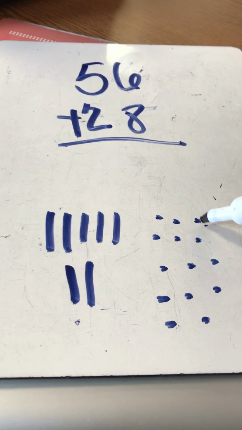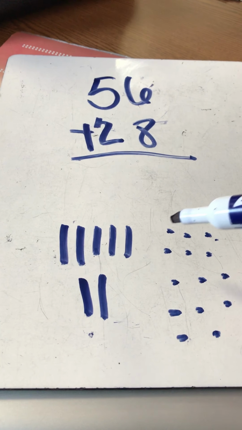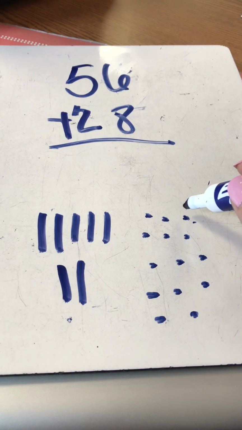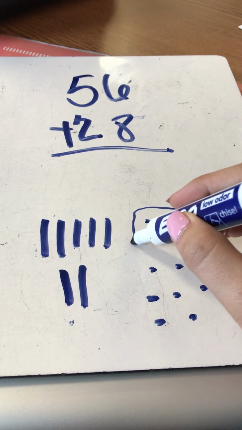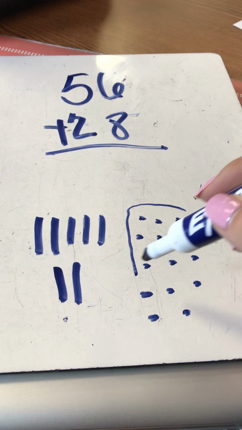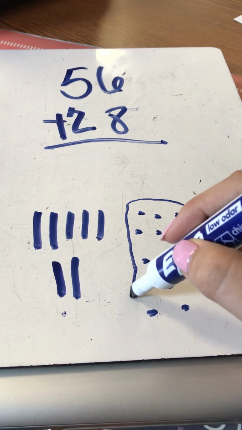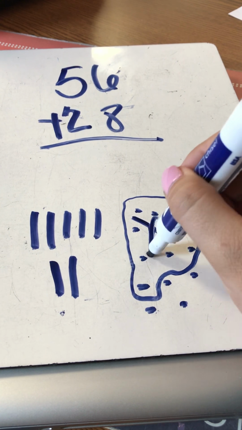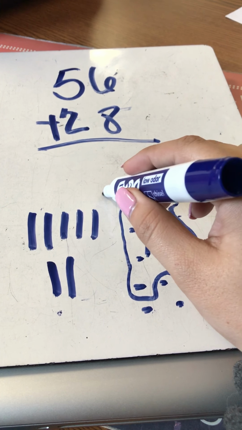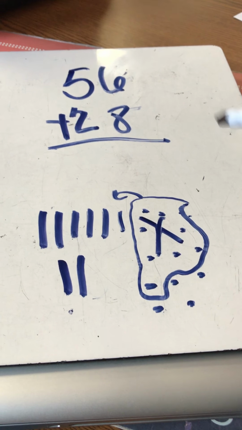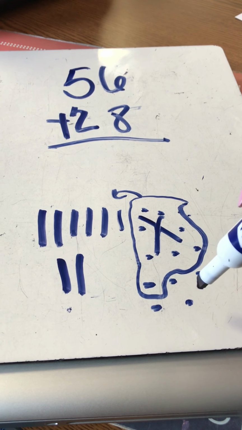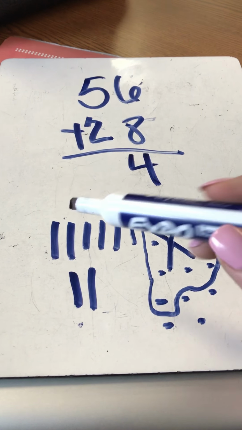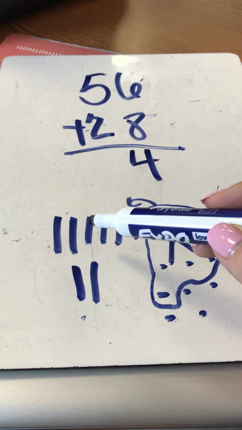So we take 10 of these because it takes 10 of them to exchange it out for a 10 rod. So we'll count out 10. We'll circle those 10, 3, 6, 9, 10. We're going to mark them out, and we're going to make that a 10. Now we have 4 ones left over, and when we count up our tens, we have 1, 2, 3, 4,